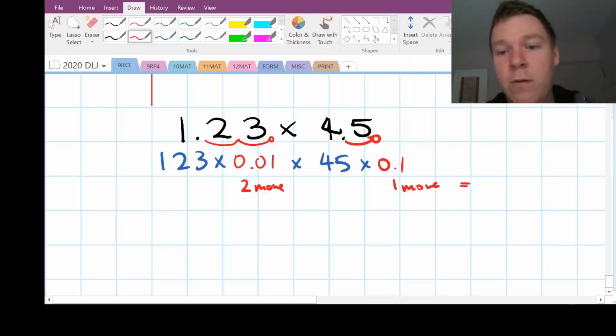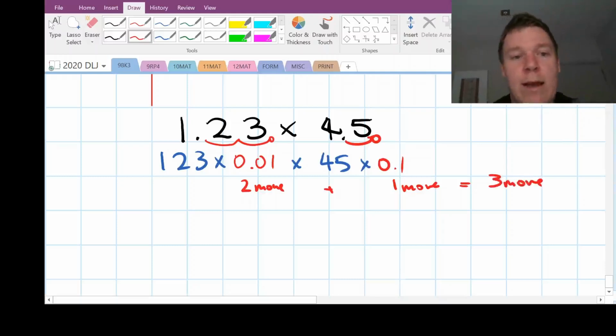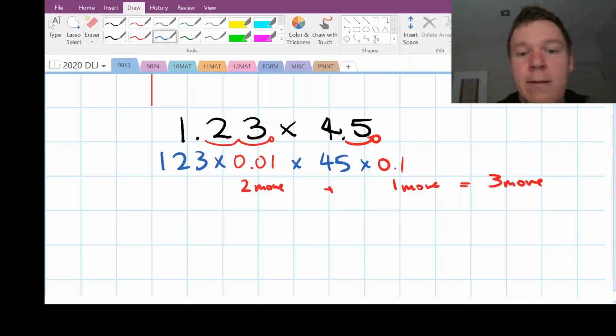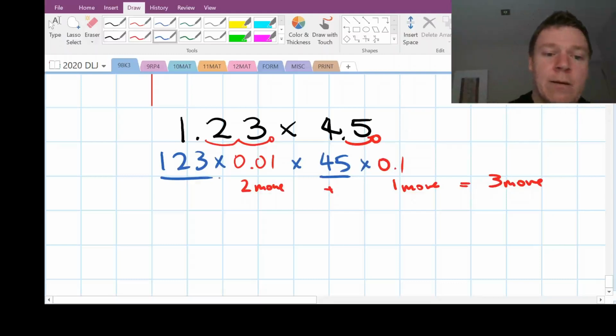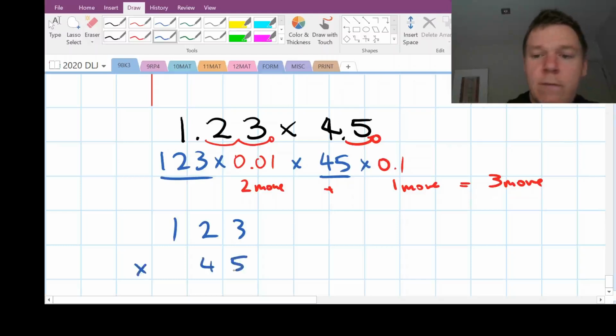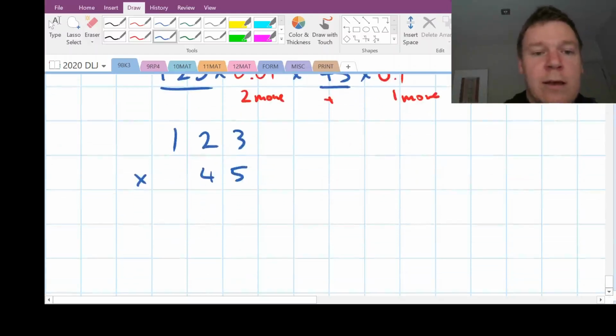So if we add those moves together, we've got a 3 move. And then the only thing that we need to multiply together is those 2 regular numbers. So 123 times 45 gets us